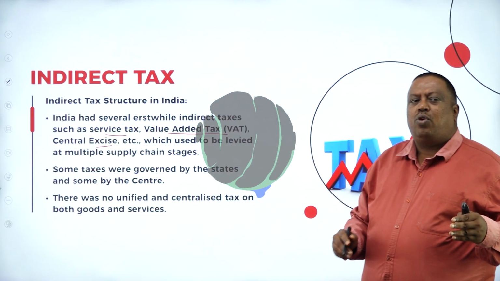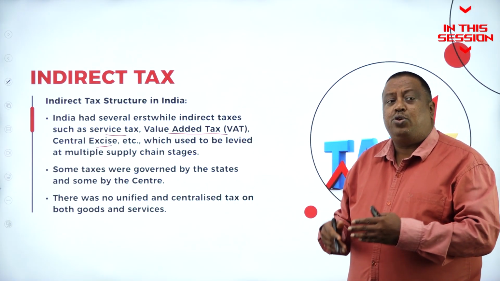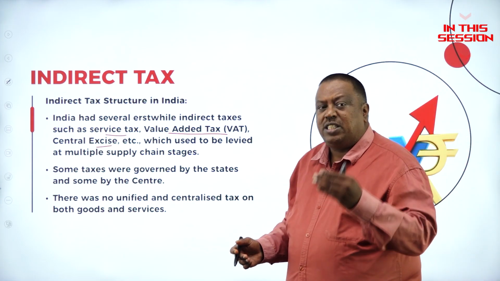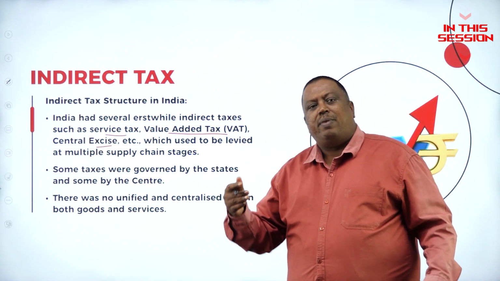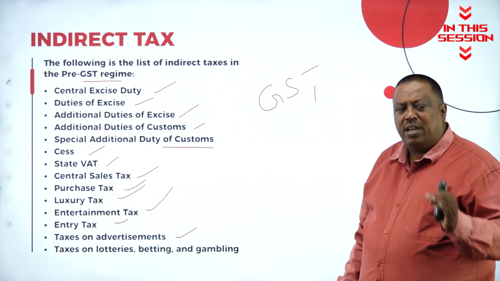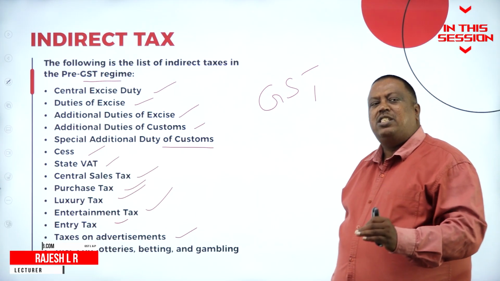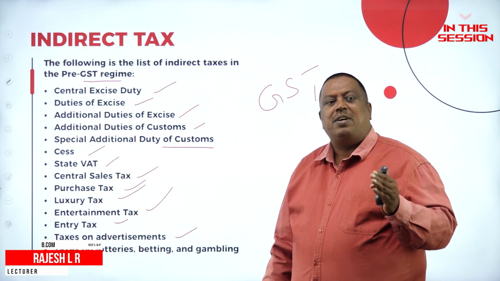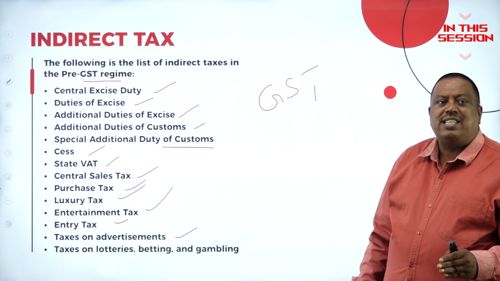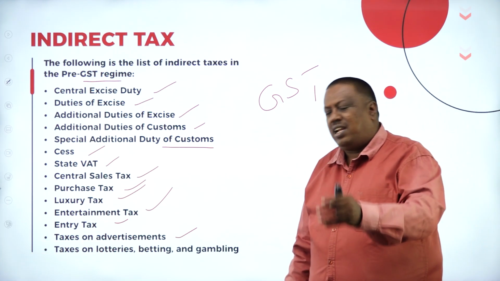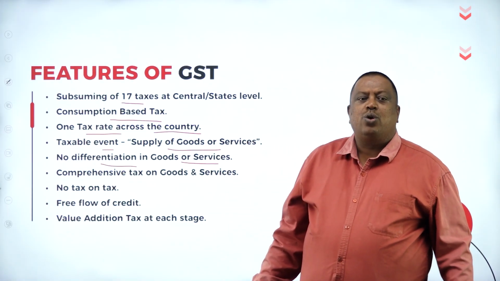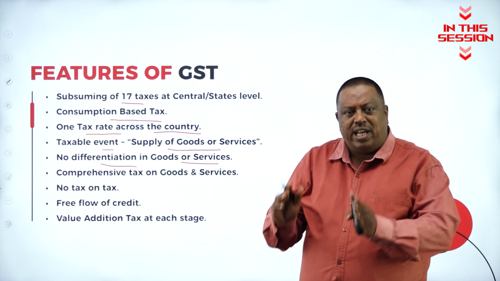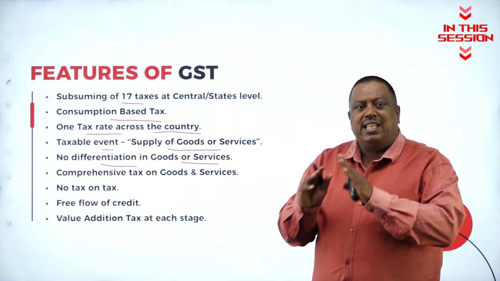The taxes we had, nearly 20 to 25 taxes were there. Some of the taxes were managed by the state government and some by the central government. The benefit has been given for all business people and even for the ultimate consumer, or the person who is going to use the product and gets the benefit of the product in his life. There is no difference between goods or services. Both are the same here, and they will be considered as one, and the tax will be levied at the same rates.